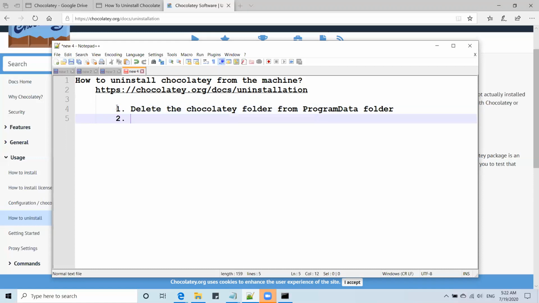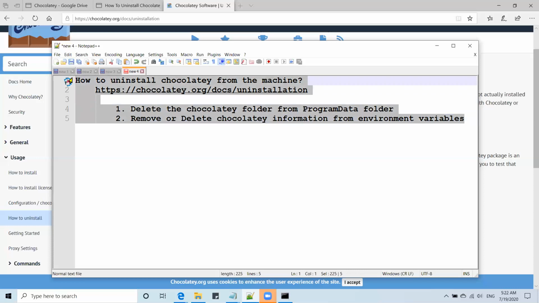And the second one is remove or delete Chocolatey information from environment variables. Okay. These are the two things we need to do.